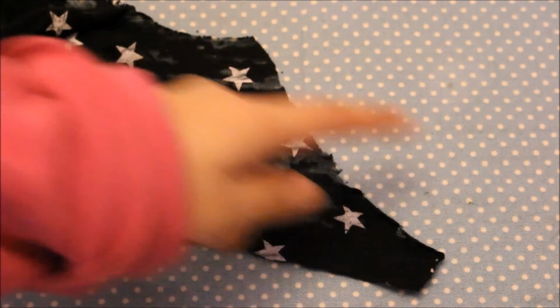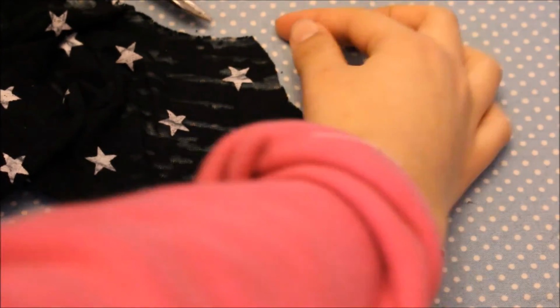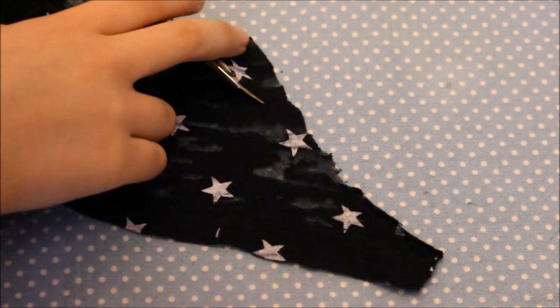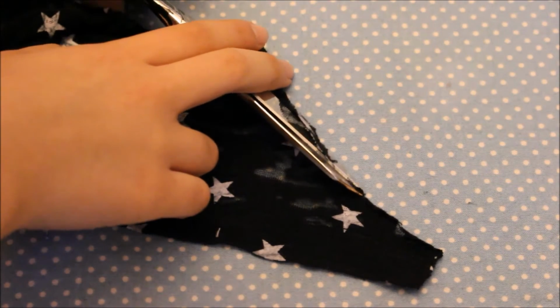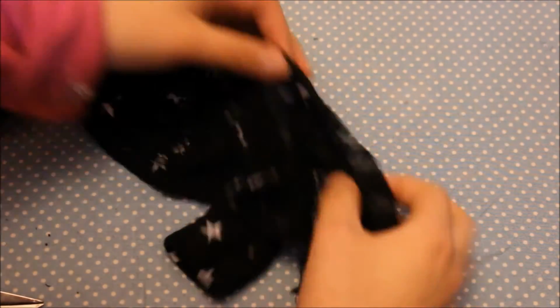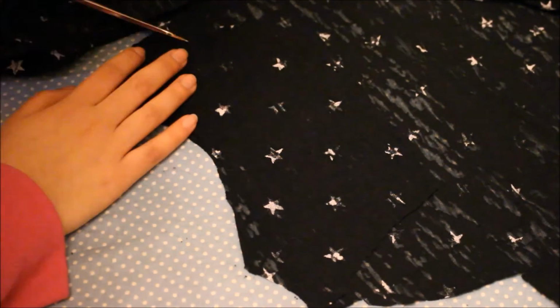So then on the front portion of the shirt, I noticed that there was a little plateau looking area before it went down into the triangle shape, so I just went ahead and I cut that off so that the front panels of my shirt were one smooth triangle, so that it would be easier for me to tie up later on. And once I did that, I went ahead and hemmed the top of the shirt, and then it was completed. So I also decided that I wanted to make a pair of shorts using the extra fabric,